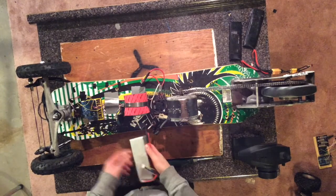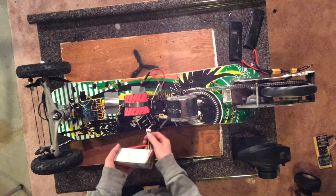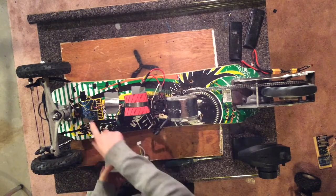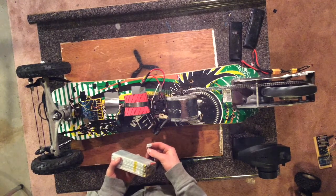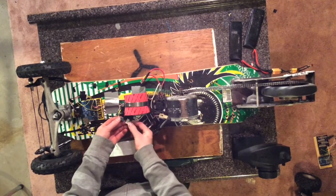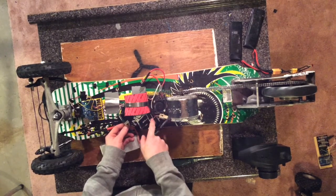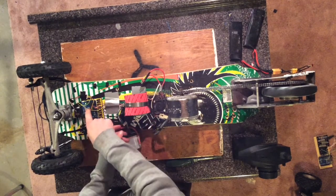You might ask, how am I powering the receiver and the Arduino? And I'm actually just using 2 of the cells from the main battery, which is enough to power the Arduino, which is 8.4 volts when it's fully charged. And I just use this lead right here and plug it in to the balance lead of my LiPo battery. This also powers the fan cooling the ESC when it gets hot, and that's basically in parallel with the board,